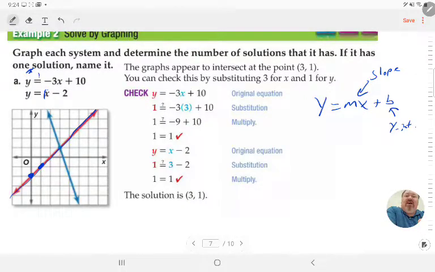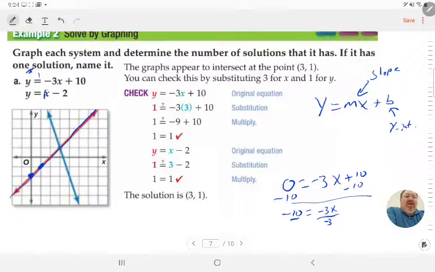To do that, I would simply put 0 in for y, and I would have 0 equals negative 3x plus 10. Subtract 10 from both sides. I get negative 10 equals negative 3x. Divide by negative 3, and I get x equals,